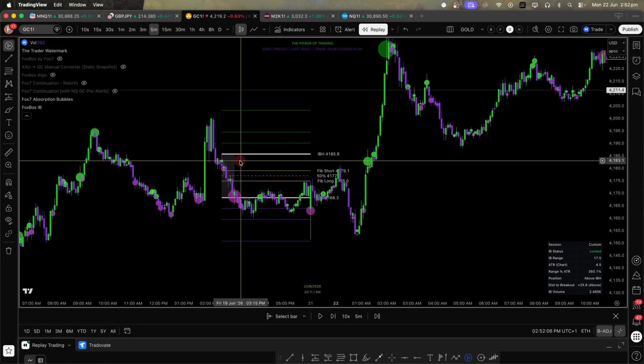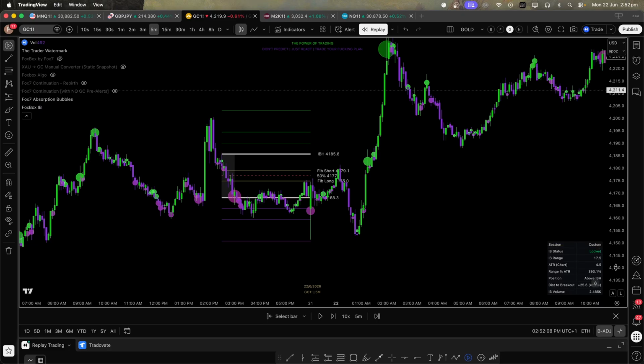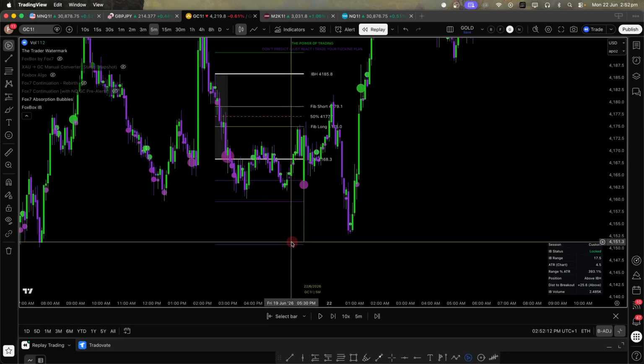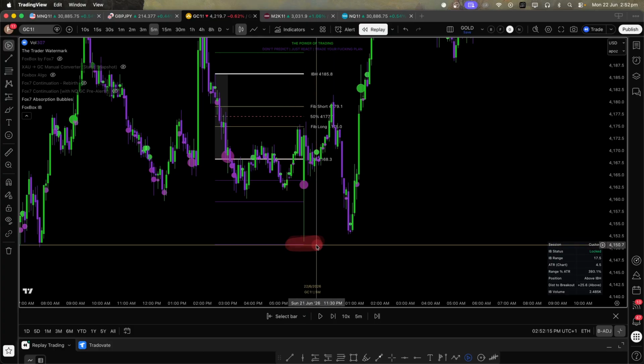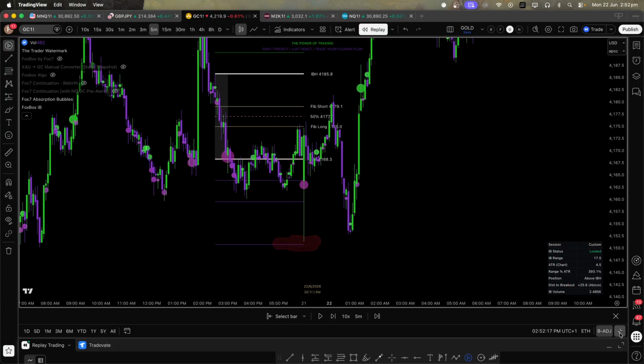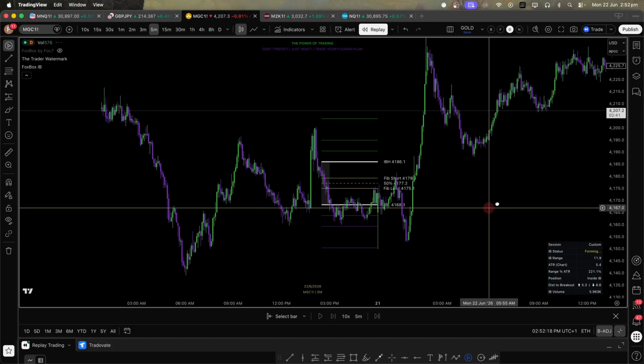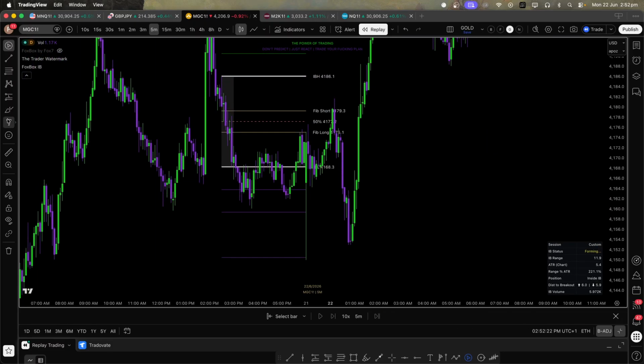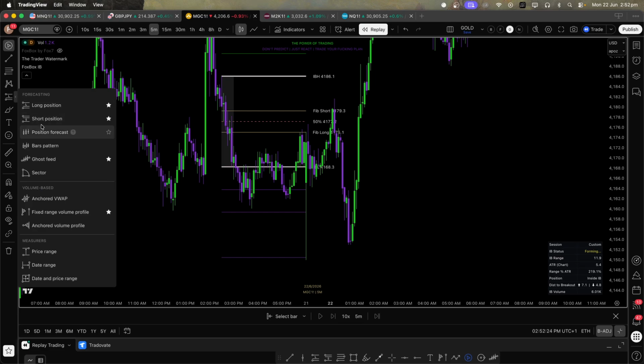So you can see here, this was Friday. And even on a low probability day, for some reason on gold, we edged the 1%, but on the micro, we actually hit it. And I'm trading micros anyway because of Apex, so I only have a smaller account on that. But you can see here,